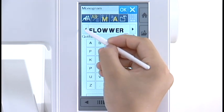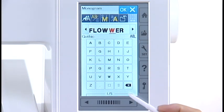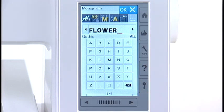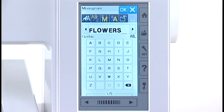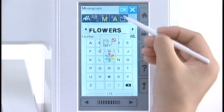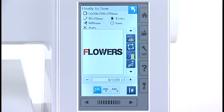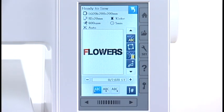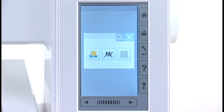To delete the character, press the cursor key to move the cursor under the character you want to delete. Press the Delete key. To insert the character, move the cursor to the desired position and enter the character. Press the OK key and the screen shows the Ready to Sew window. Editing the embroidery designs. In the editing mode,